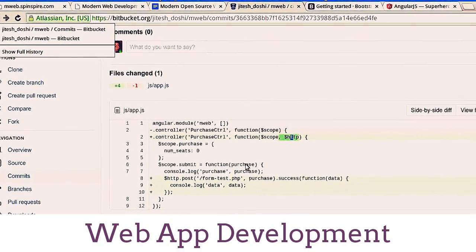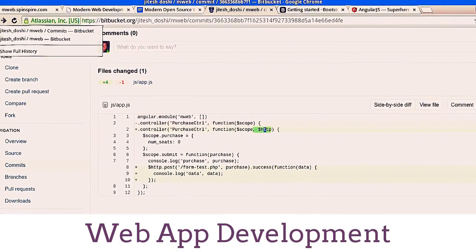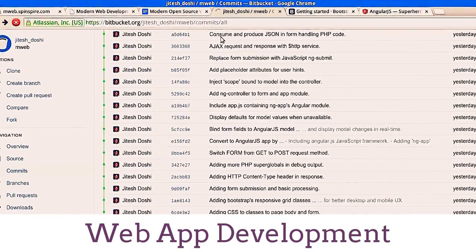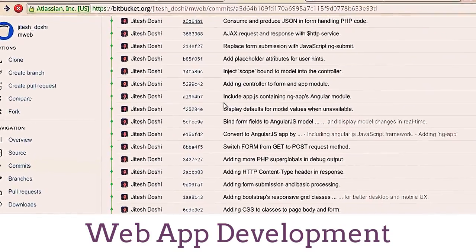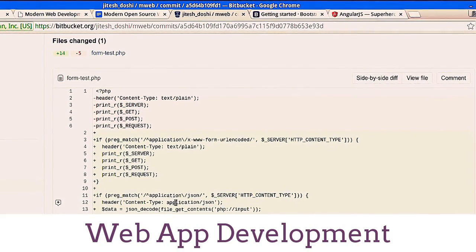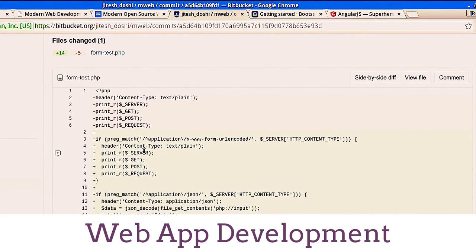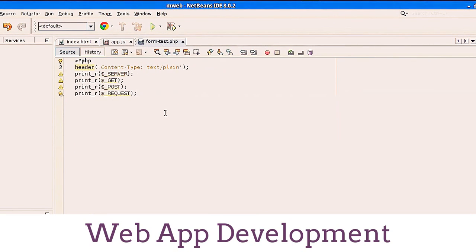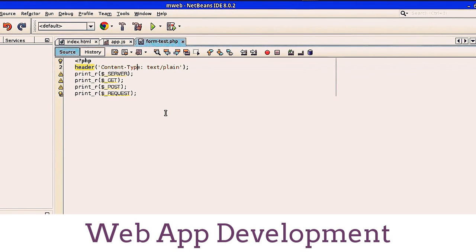Now what we can do is modify our test form so that it can consume JSON. So how can it consume JSON? Well, we simply check the content type. So let's do that. In the form test.php, I'm sorry, which says